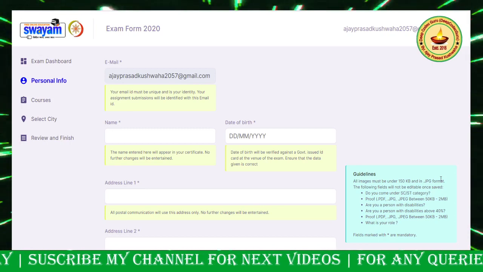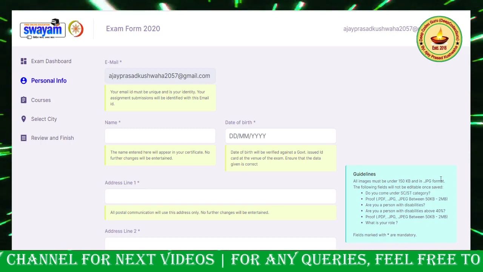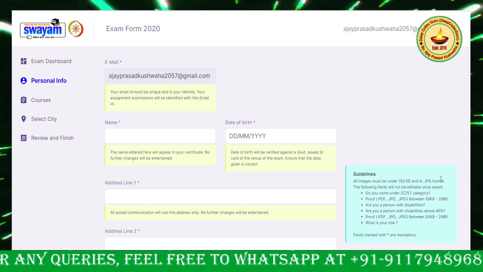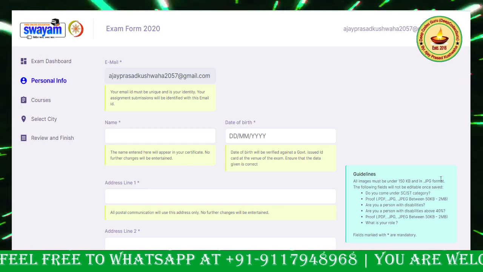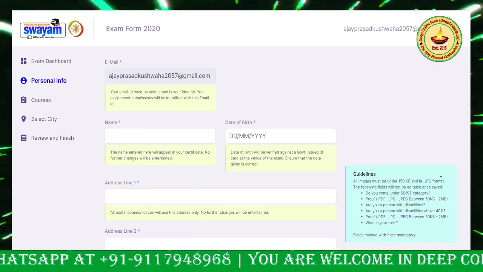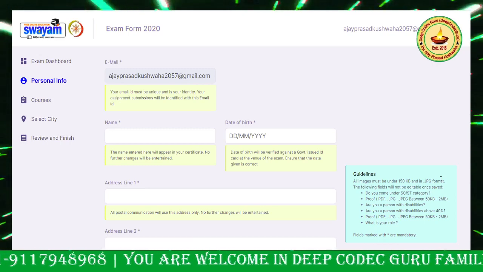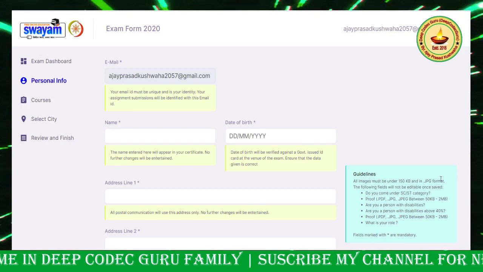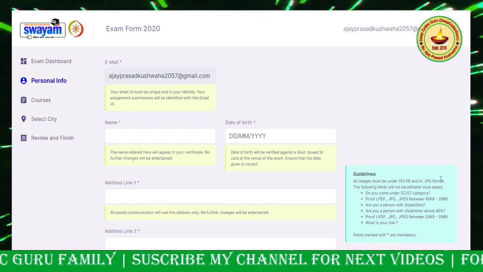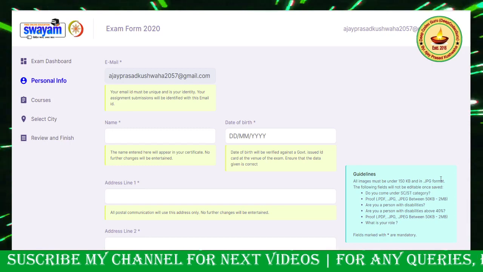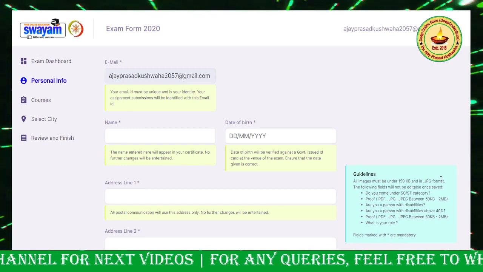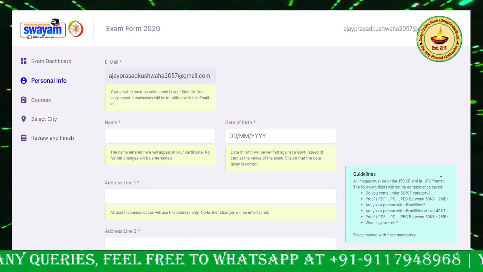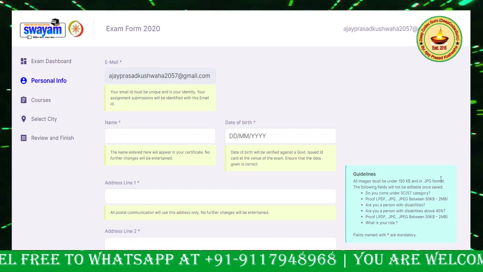Your photo may be in MB, or some KB like 500 KB. So I will also share an online free tool using which you can compress the size of your file. Next, you need to upload your signature. The signature size must also be from 50 KB to 150 KB. And then you need to submit your proof, any government proof like Aadhaar card, driving license or passport. That size must be from 50 KB to 2 MB.